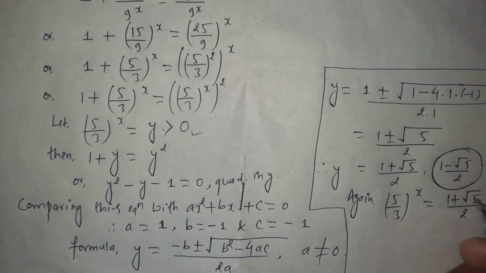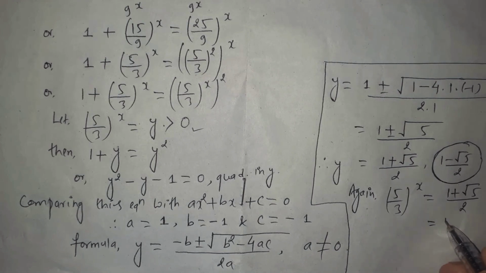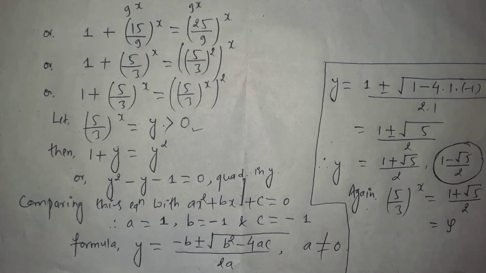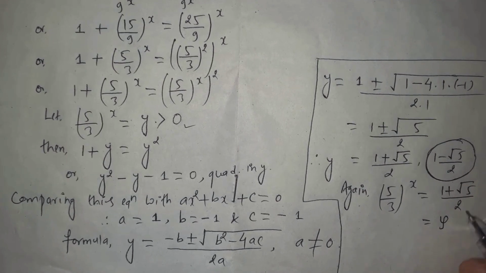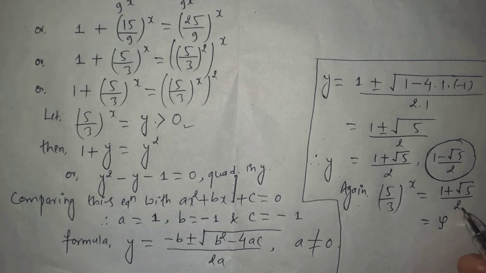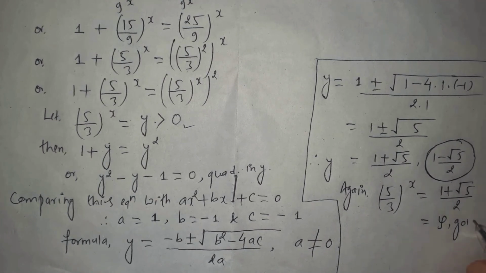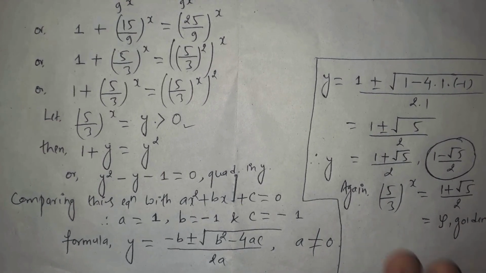And let's solve this equation. Our target is to find the variable x, and this value (1 + √5)/2 is the value of the golden ratio φ. Please remember, the golden ratio is an irrational number. Its value is (1 + √5)/2, so we can replace this expression by the letter φ.